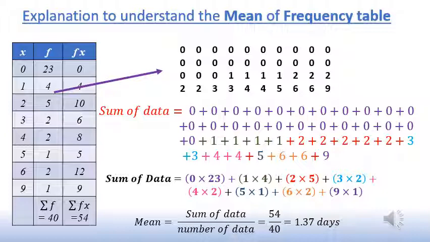Frequency of 1 is 4. I write 1 4 times in the list. And frequency of 2 is 5, so I write 2 5 times in the list. And so on. We know the formula for the mean of a set of data,